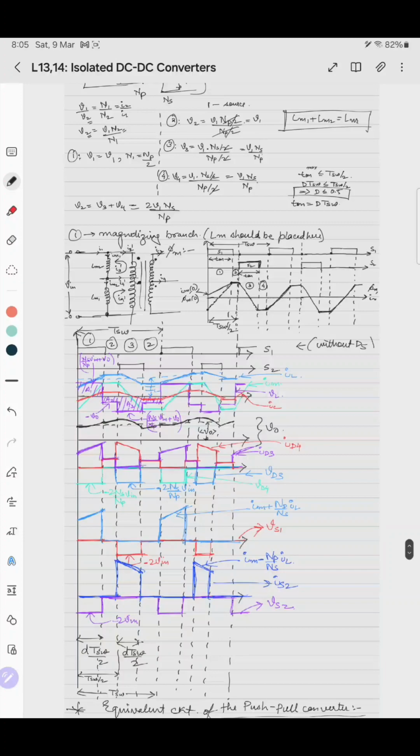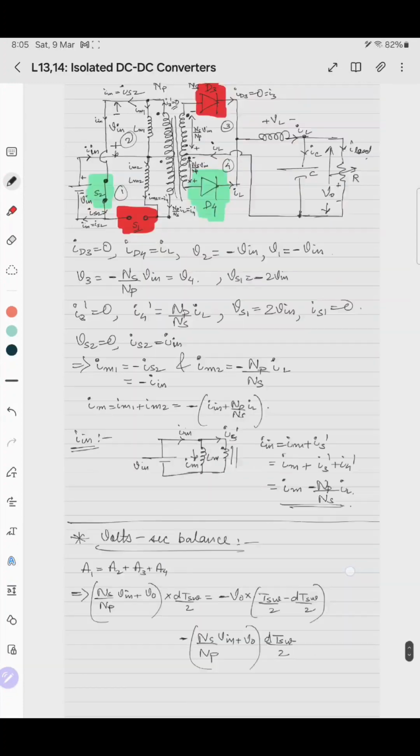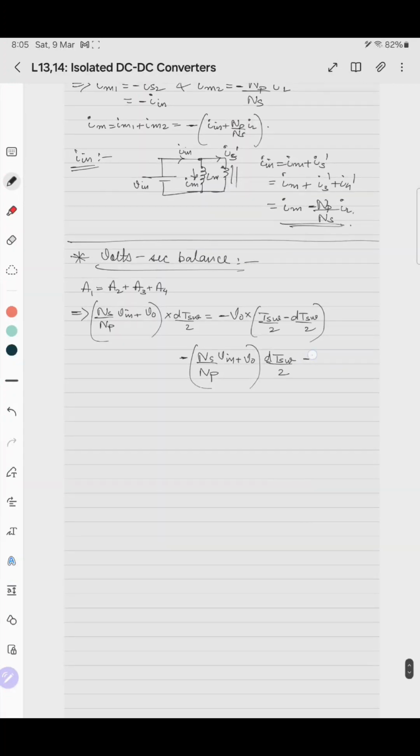And now last is A4. A4 is minus V naught into T switching by 2 minus D into T switching by 2. So what we saw in this case is that this term and this term are identical, and this term and this term are identical. If we bring the identical terms together, it will be 2 into Ns by Np V in plus V naught into T switching by 2 equals